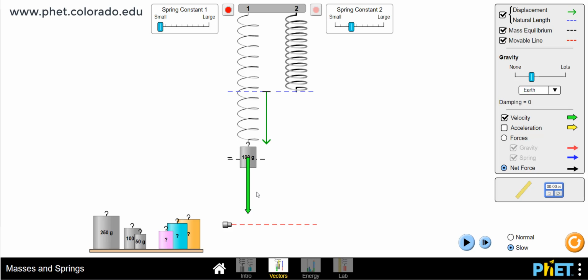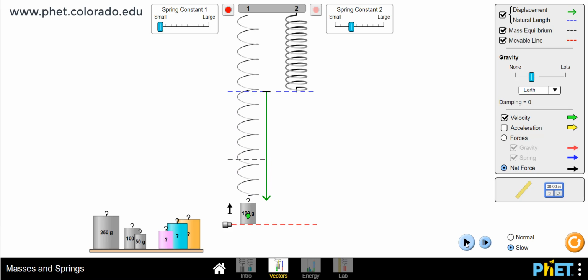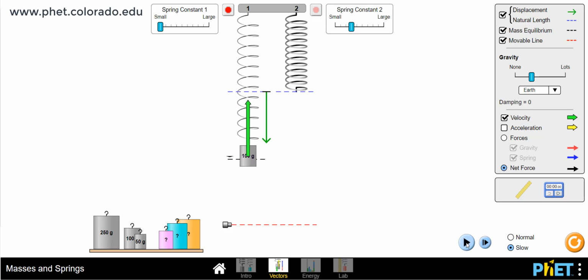Once we go past the equilibrium point, we find the spring is pulling it back towards the center, and the spring force is greater than the gravitational force. And so we find that it decelerates. Velocity reaches 0, then turns and directs itself back towards equilibrium. Fastest in the center,